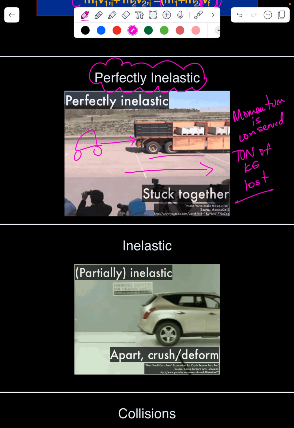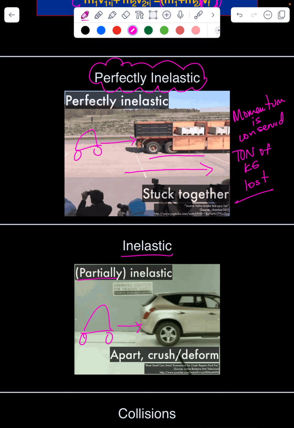Momentum is conserved, but you have a ton of kinetic energy that is lost. This is called a partially inelastic collision, or just a regular inelastic collision. This is what happens in the real world most of the time. Most of the time, you have a car hit another car and then they move together as one for a little bit,